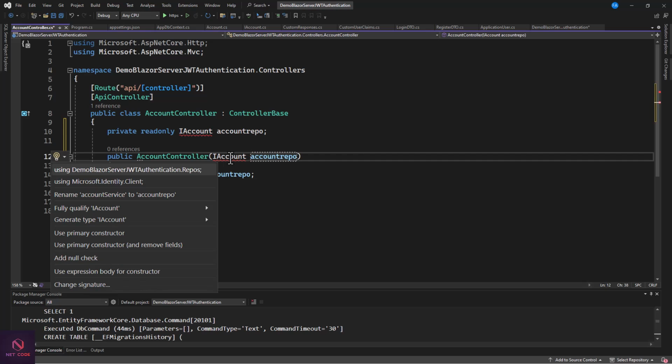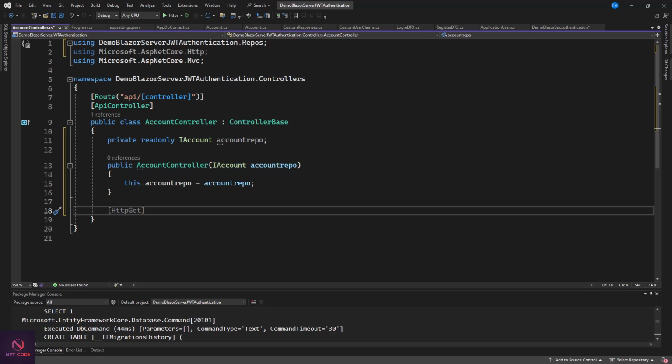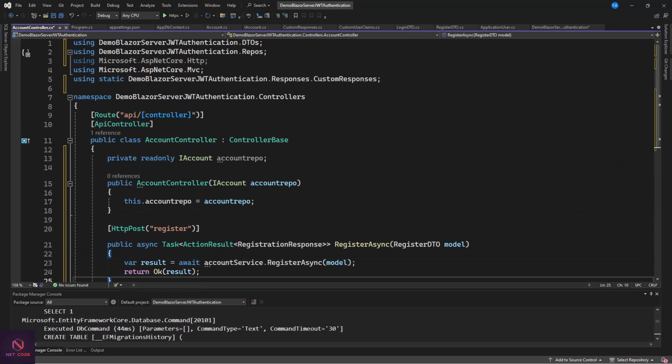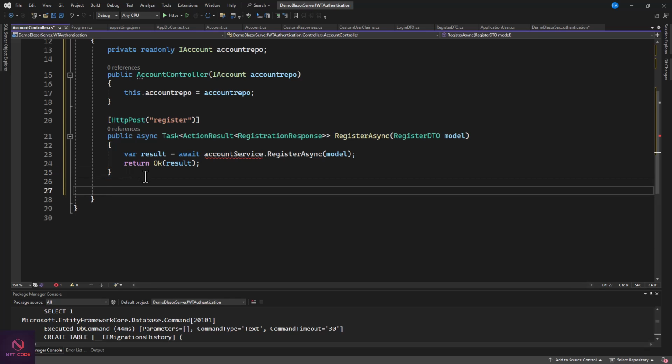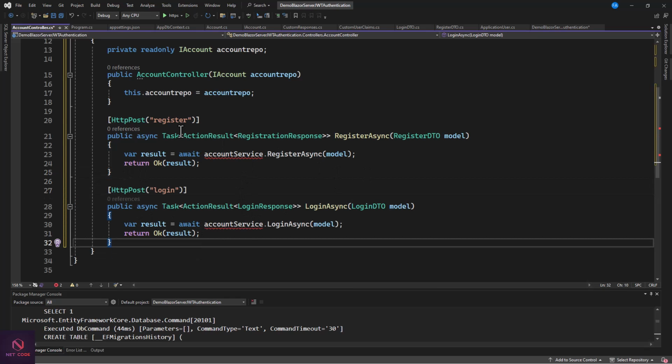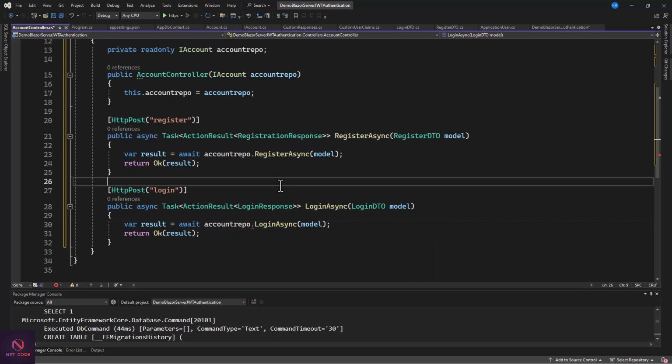Then Control K, you can include this. Now here we need registration, so this is a very simple one. The endpoint is register. And now the next one too, we have the endpoint as login. You see? Very simple one. Now this is an account repo, no more account service, so you can make it as account repo. Save that. So once you have this set, we can run this and see if it's going to launch